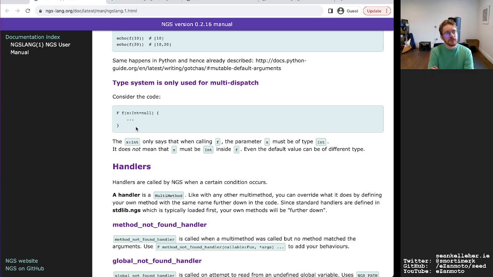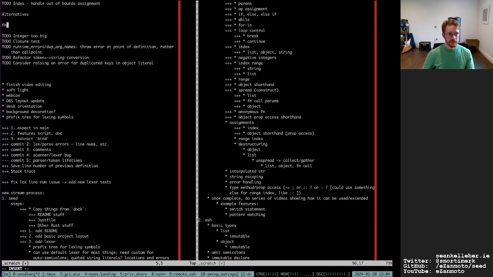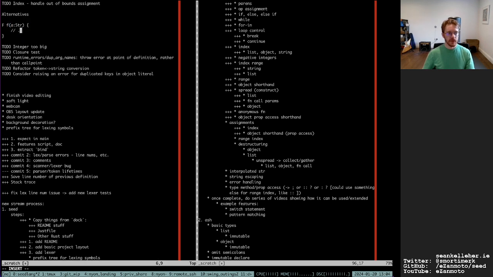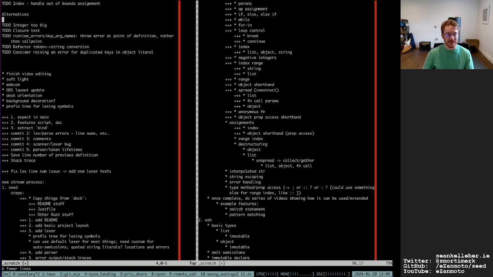If I defined f with a string parameter and I called f with 1, I'm guessing it wouldn't fail saying this is the wrong type. It would say no function found with this type.